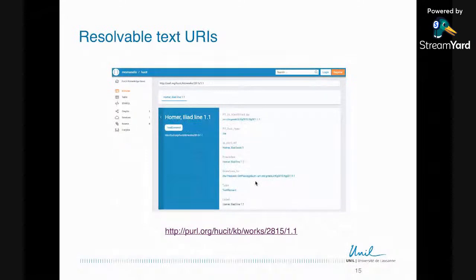And then you can also resolve it via the CTS protocol to actually get the text of it. And then you have a human readable label to represent it. Maybe if it's interesting, we can come back to this later. So that's it for the technology that I wanted to say.